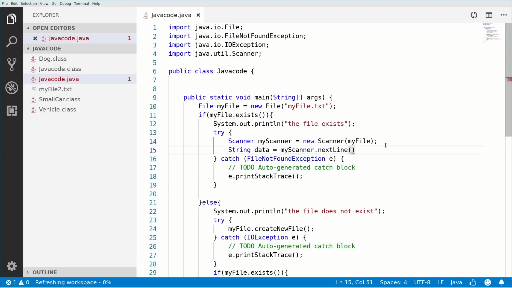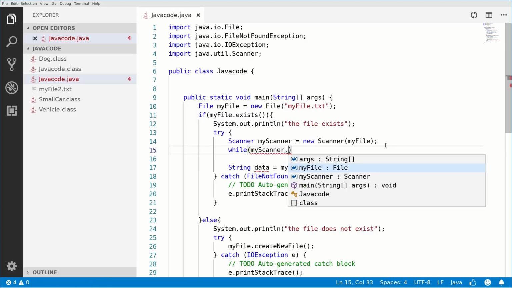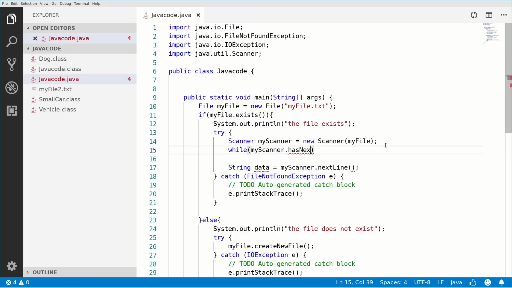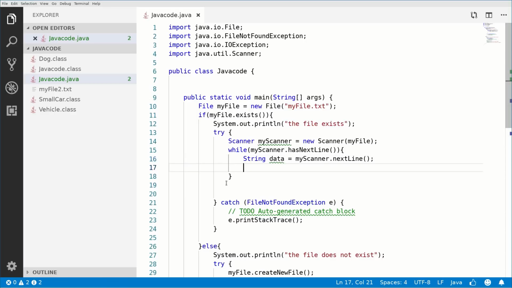Okay, so this will get the next line, but I want to first check if it has a next line before doing it. So I'm going to say while, okay, while my scanner has next line, and this is my scanner, so I call it. So while scanner has next line, I will put this inside that. So I will say String data = myScanner.nextLine(). So we store in this string